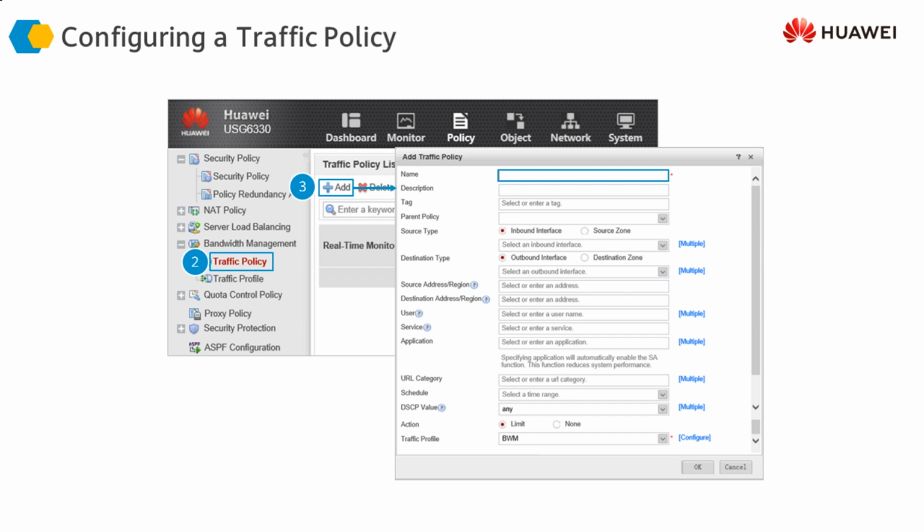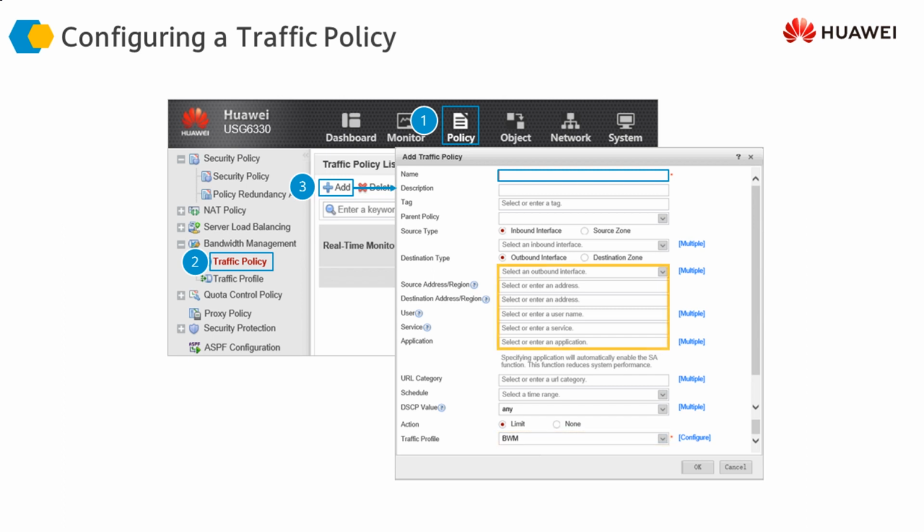In this traffic policy, first of all, just look at this at the end. We'll look at other things later on, but look here. In this traffic policy that we are defining, we are calling the traffic profile BWM, which we configured in the previous slides. So we are referencing that traffic profile here in the policy.